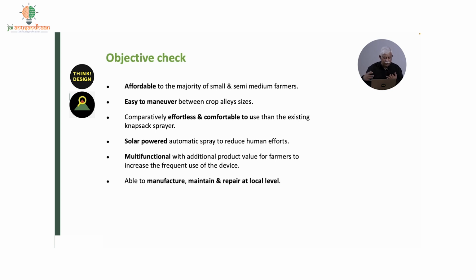Easy to take along between the crops. It's comparatively effortless and comfortable to use than the existing ones which you have to take on your back. It's solar powered, so it's an automatic spray. It reduces human effort. It's multifunctional with additional product value for farmers to increase the frequent use of the device,